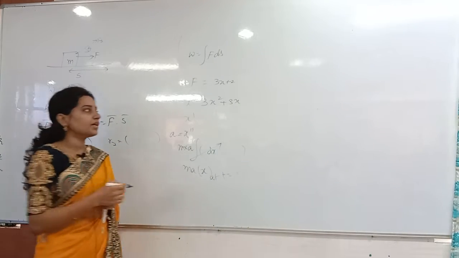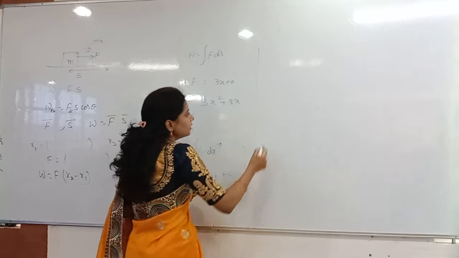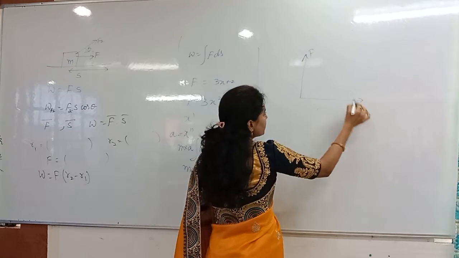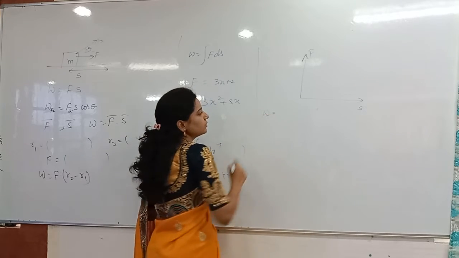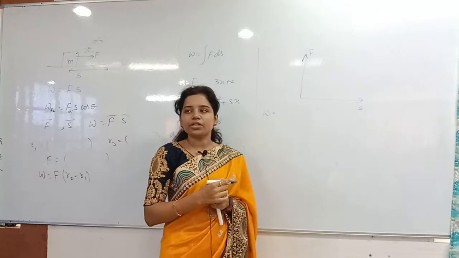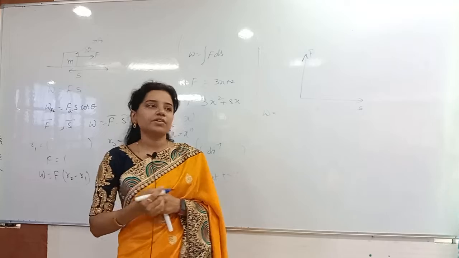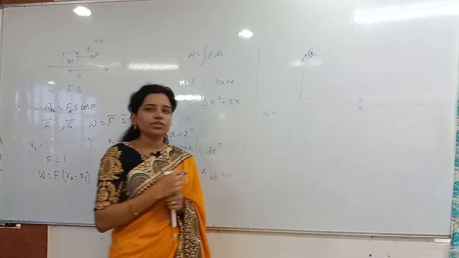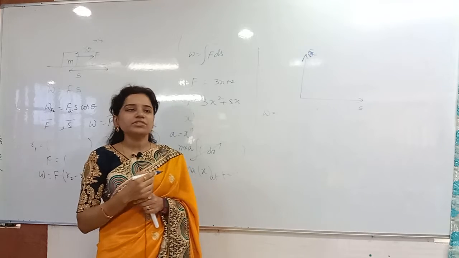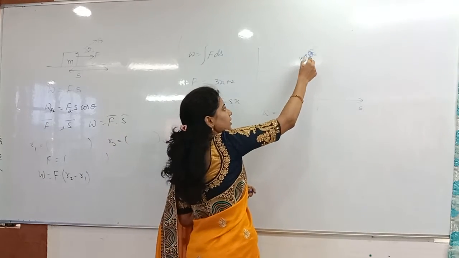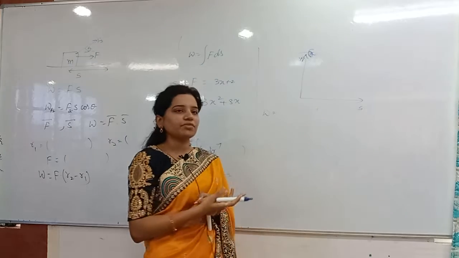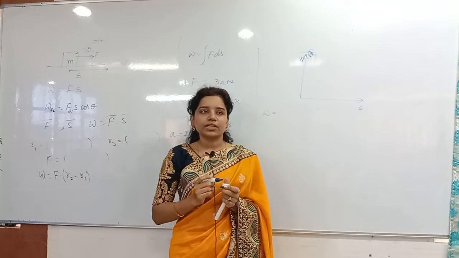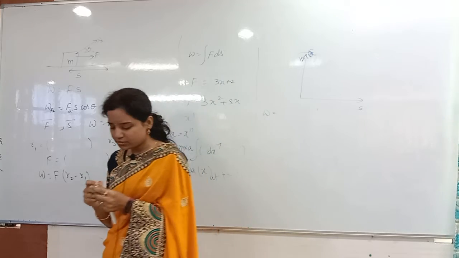After that we have seen the graphical method problems. Whenever they have given the Fs graph, how to find out the work done? Area of the Fs graph you have to take. If they have given As graph, what you have to do? As graph, you have to just multiply with mass. You have to get the force from the acceleration, nothing but you have to just multiply with the mass only. So that is how you have to do the work done. Clear? This and all we have discussed in the last classes.